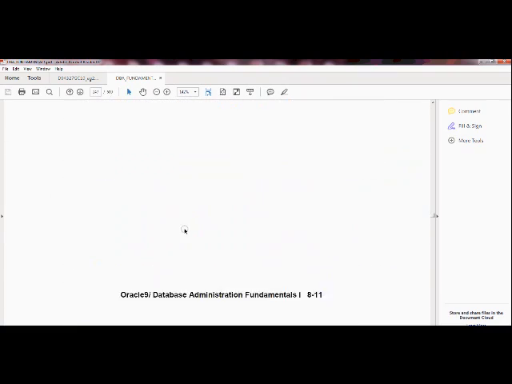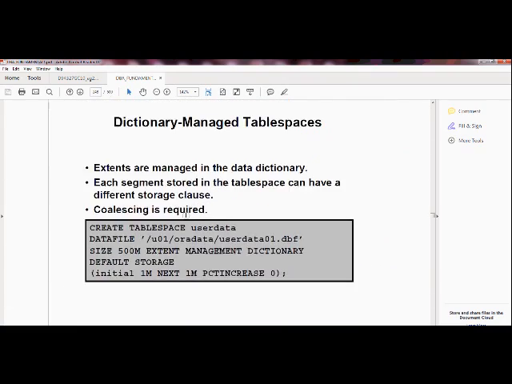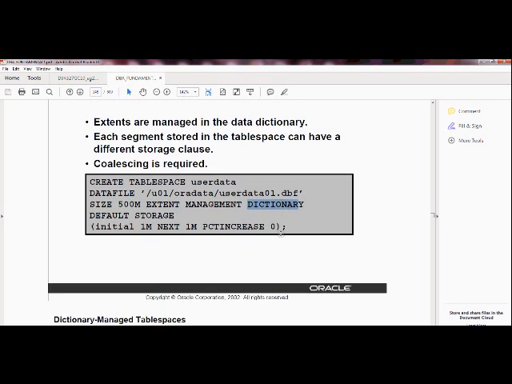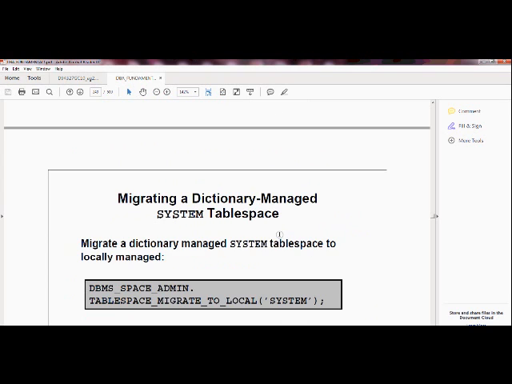But in case of a dictionary managed tablespace, your syntax would be CREATE TABLESPACE userdata, meaning this is the tablespace name, DATAFILE, this is the data file, SIZE 500M, and EXTENT MANAGEMENT DICTIONARY here. So in this case, this tablespace would be managed by the Oracle dictionary, not locally.